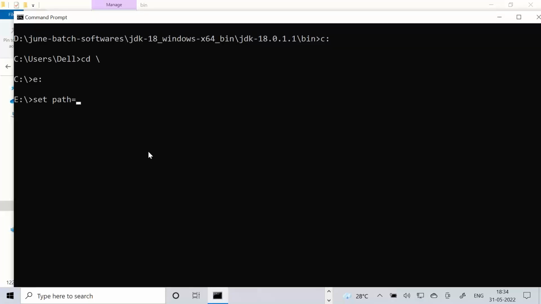I already said from any location. It can be from C drive, D drive, E drive. From anywhere in the command prompt, set space path, PATH. It can be uppercase or lowercase. Path is equal to.